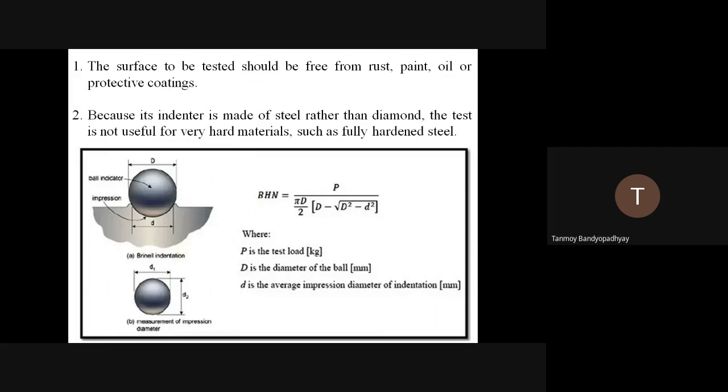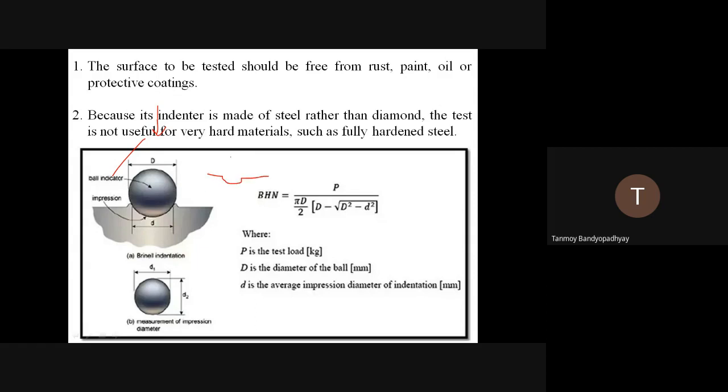So this is the diagrammatic representation of the thing. This is the test surface. On the test surface, a steel ball or a ball indenter is being pressed on the surface, and there is an impression that will be formed on the surface. Once I remove the ball indenter, and if I look at it from the top, I'll be getting this impression. Once I remove the ball indenter, the thing that will remain is something like this.